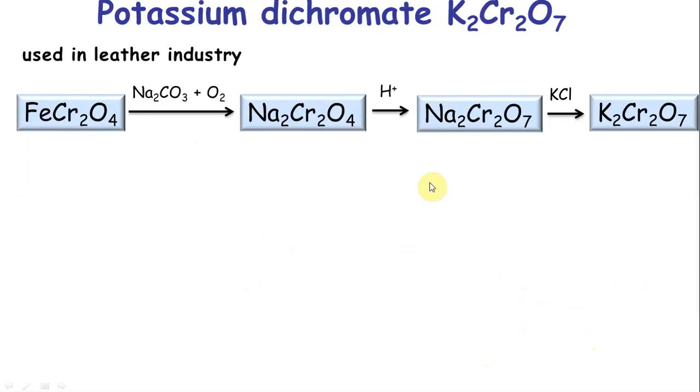Now, unfortunately, you are expected to know these reactions. But they rarely come in need, so it is a good thing. Potassium dichromate. This is used in the leather industry, but they are phasing it out because chromium +6 is a carcinogen. There is an English movie called Erin Brockovich. It's actually based on a true story about how chromium 6+ was causing cancer, and the government reacted to it.